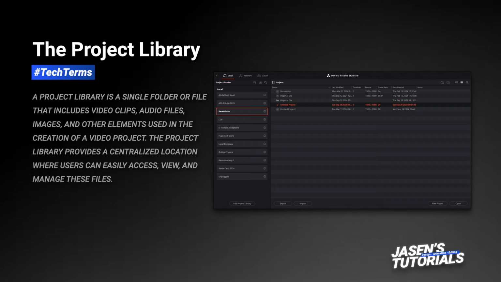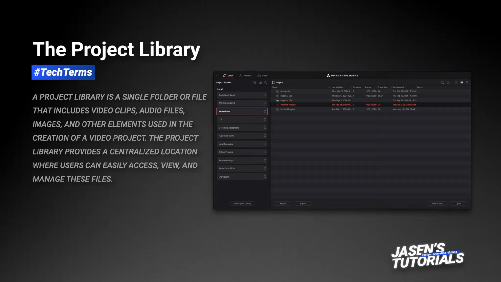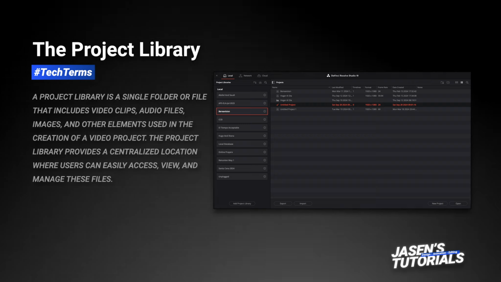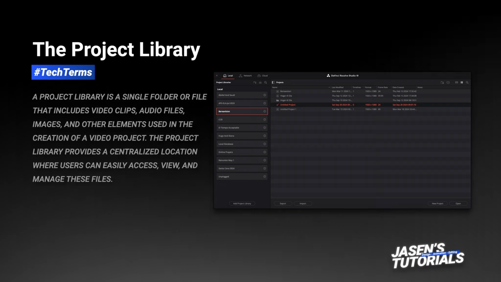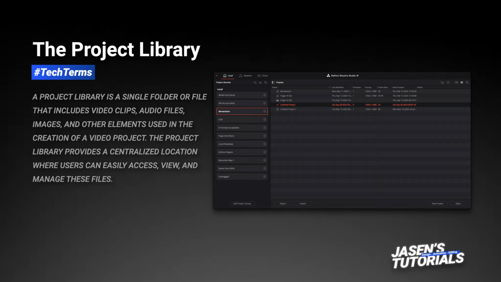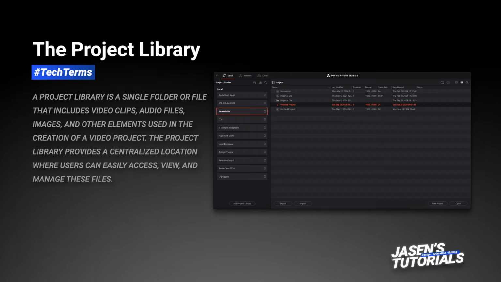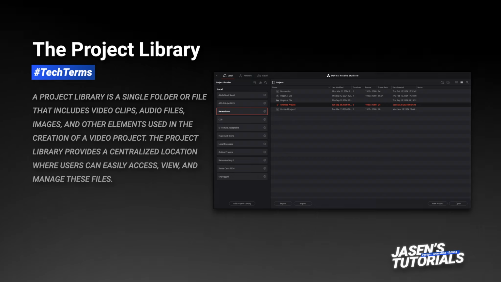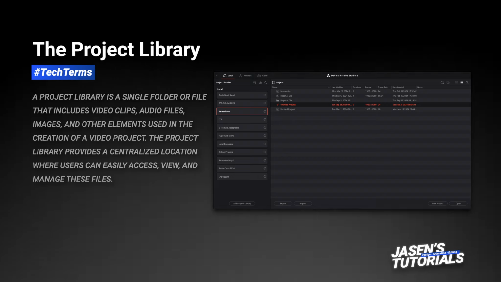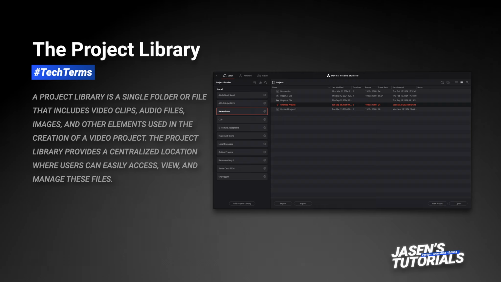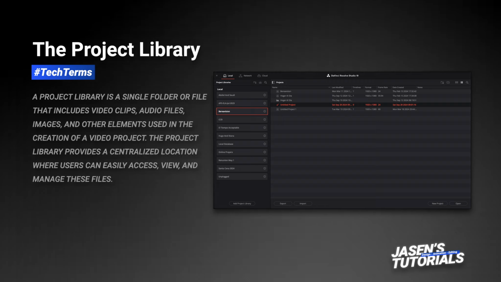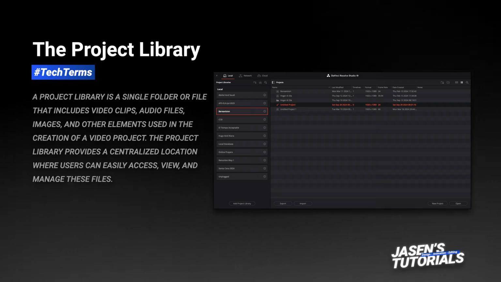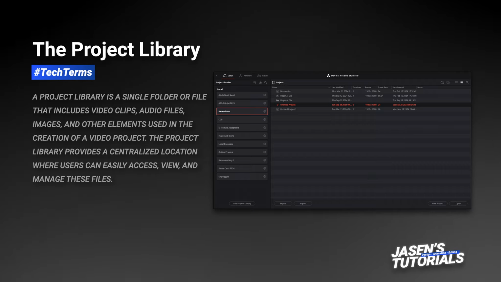And the reason why you want to do this is because, let's say halfway through the project you're not able to finish the project, right? You have another project due, or you need to jump back to something else. Well, you can pass this project to someone else. And if you're organized from the start, that person will be able to just open the file, open the project library, and have everything connected. Because I've seen people that don't have their projects properly set up, and when they lose a file, they panic and start looking in all different places, through hard drives, through Google Drive, through emails, through links, and it just becomes very chaotic. So you want to make sure you have everything within the project library. Okay,